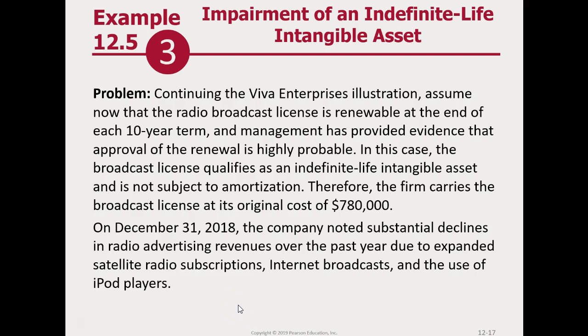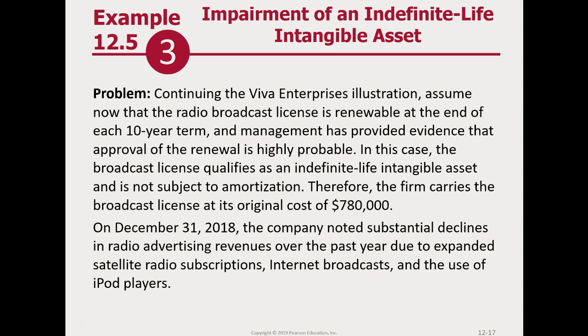Okay, let's look at our second category of long-term operating assets as it relates to impairments. So we're looking at the impairments or potential impairment of an indefinite life intangible asset. We have four things to look at: asset grouping, when to test, how to test, and what happens from this